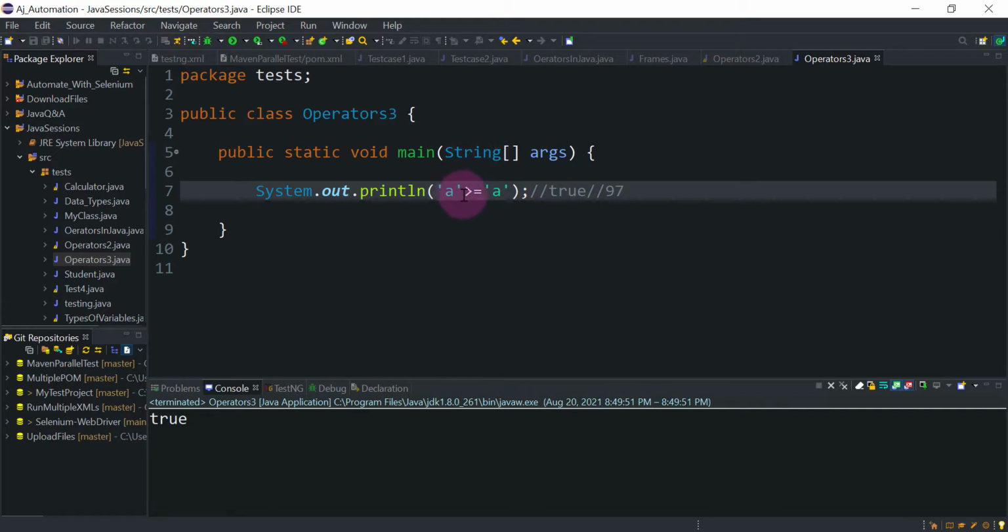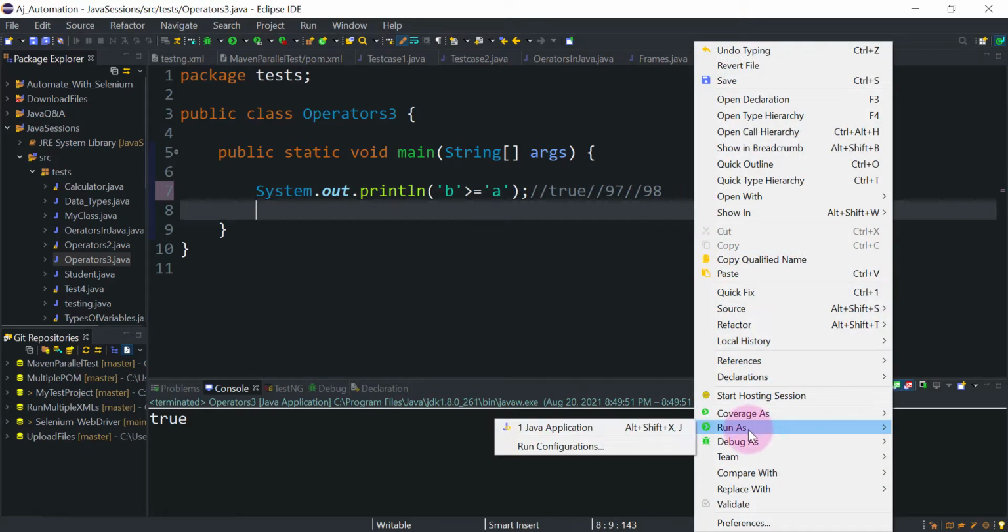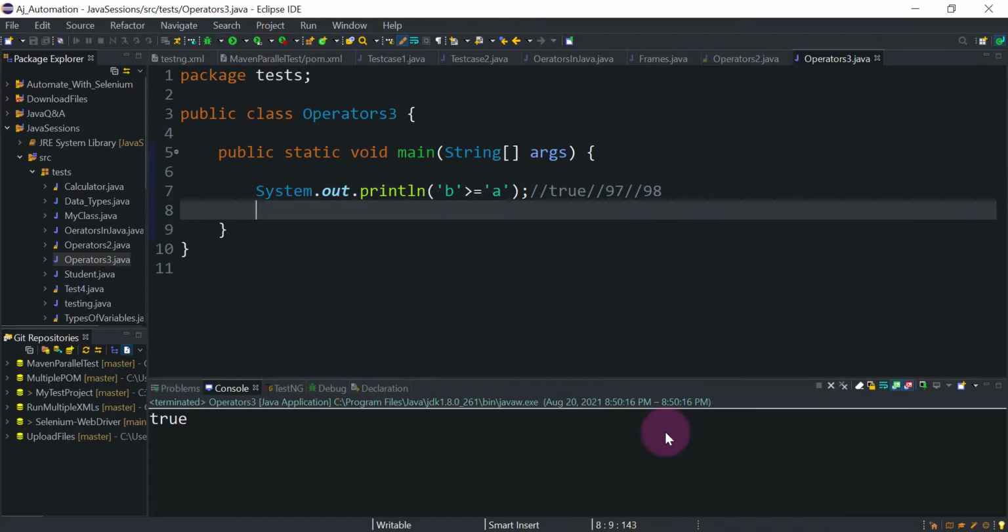And if we apply it for some other alphabet, B, B's ASCII value is 98. So 98 is greater than equal to 97. If we see the output, here we got true.